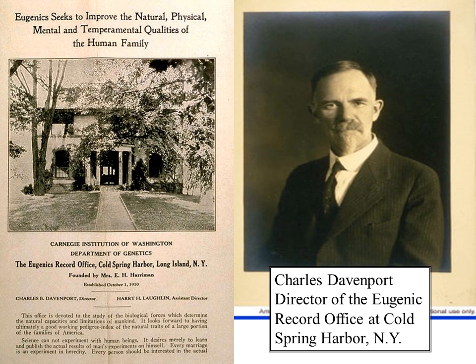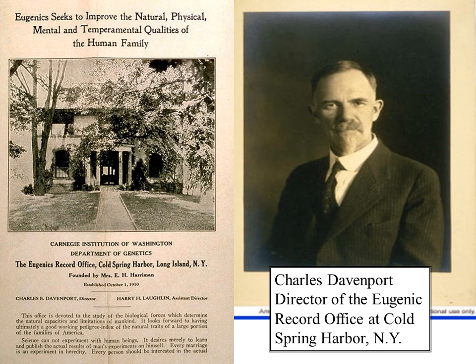Actually, if you go to their website, which I encourage you to do after this lecture is over, you can try to search for eugenics on their timeline, in their official history on the website. They don't talk about it, but I think you can search, and it's a few layers down, but they have some information there. But basically, as you can see from the left, it says eugenics seeks to improve the natural, physical, mental, and temperamental qualities of the human family.